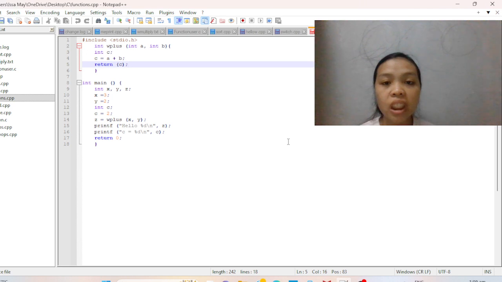Example: int add number (int a, int b) { return a + b; }